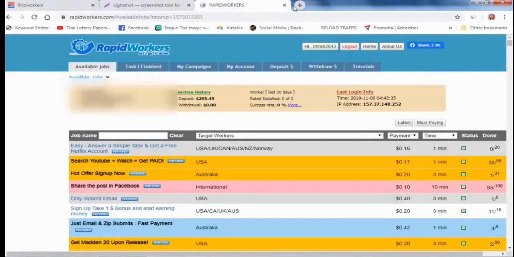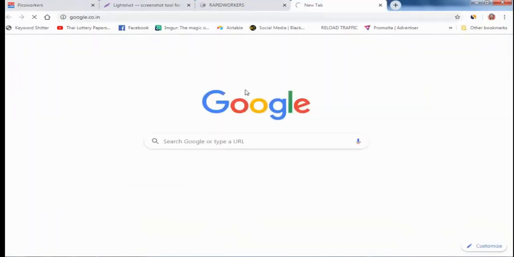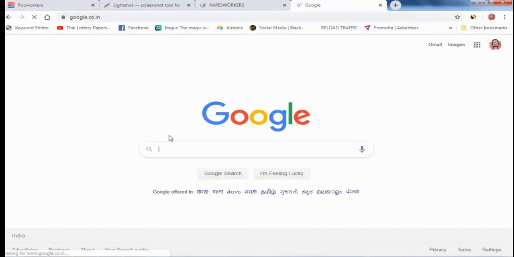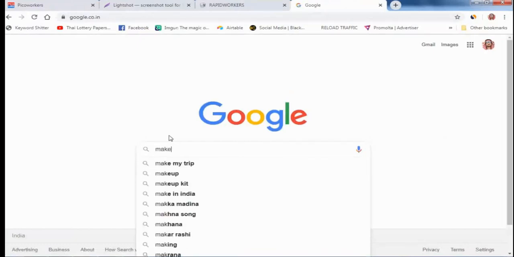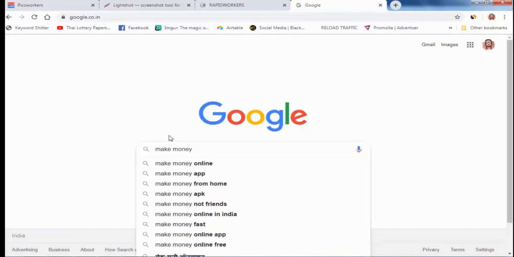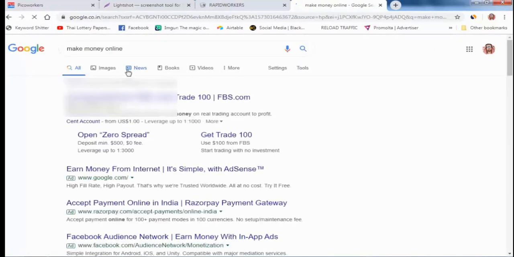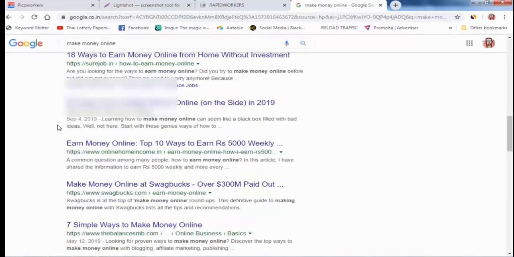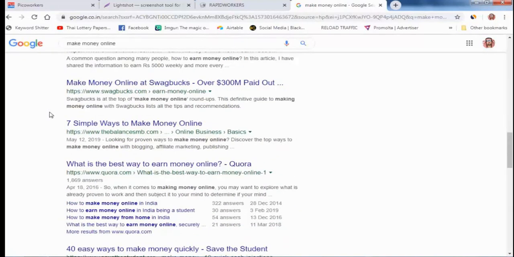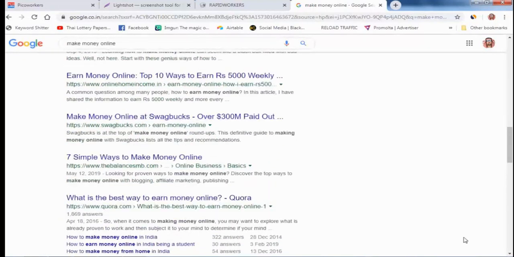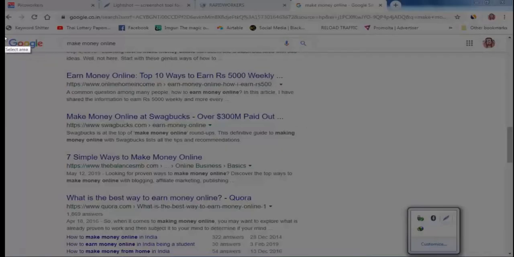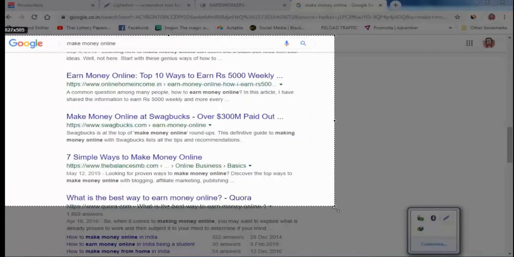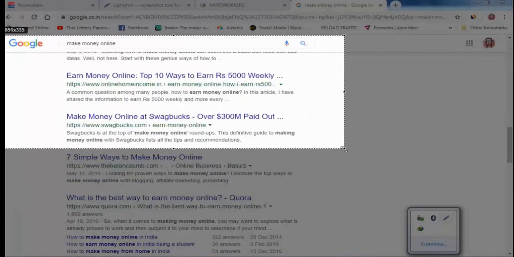For example, I go to Google and search make money online, for example this keyword, and my website, for example this one, onlinehomeincome.in. So what I need, I take a screenshot from here. This is the screenshot.